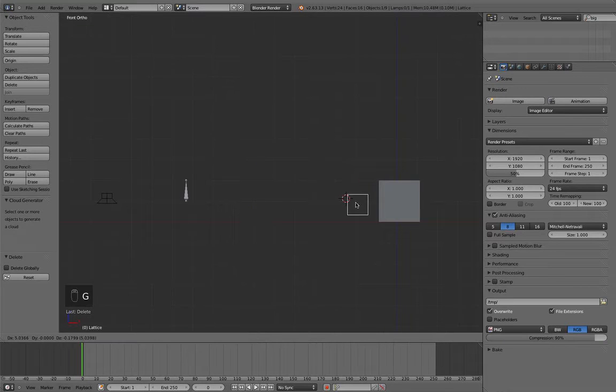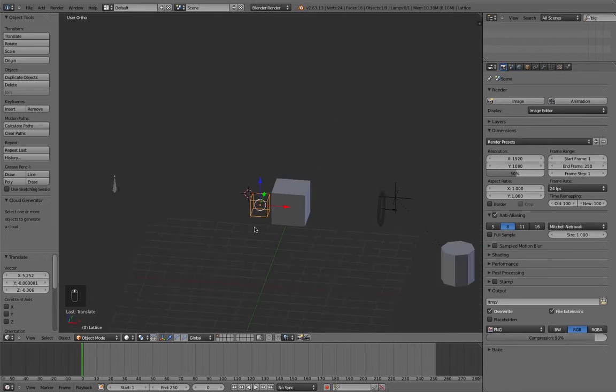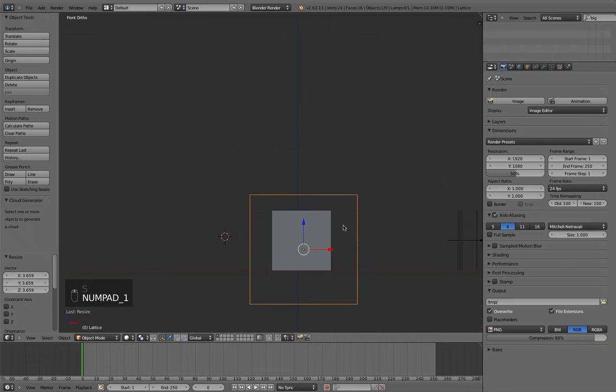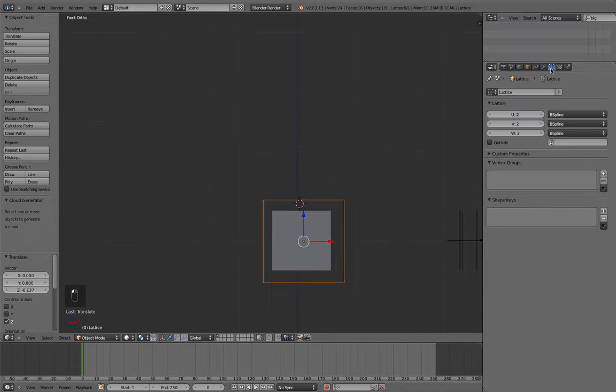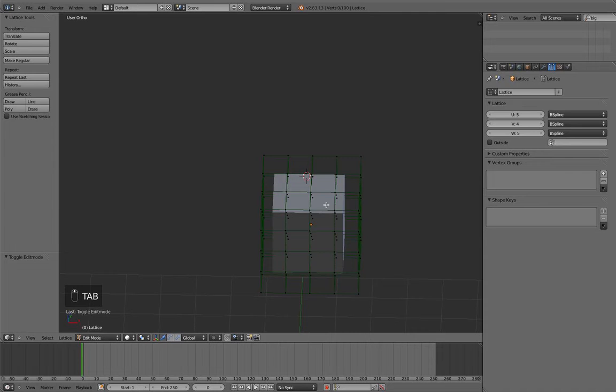Okay, here we have lattices. We have a lattice here. And to really make use of a lattice in terms of 3D space and the dynamic of a lattice, we have to go into the properties panel, and we can see here in its object data panel in the properties panels, you can change its divisions on the X, Y, and Z axes. So if we just go and give that some divisions there,